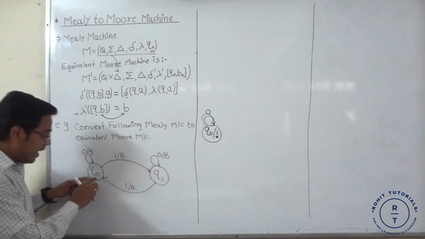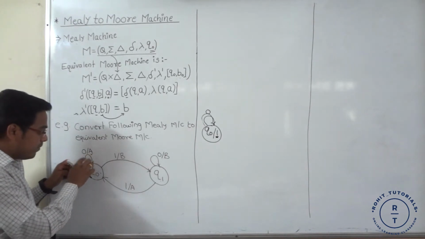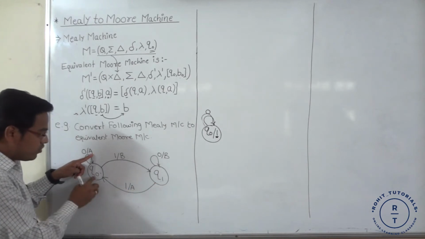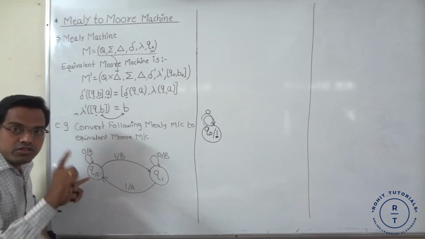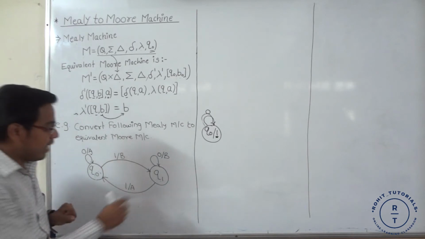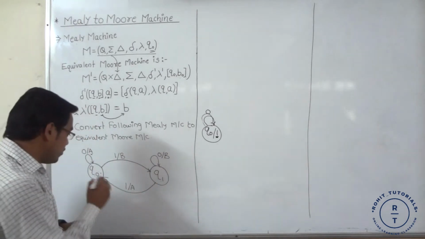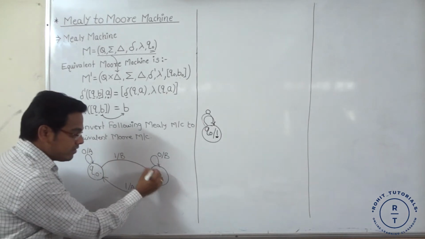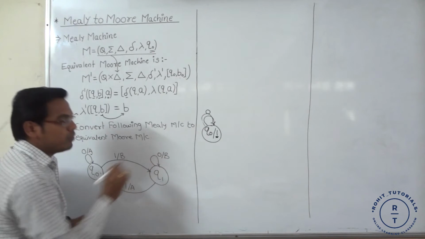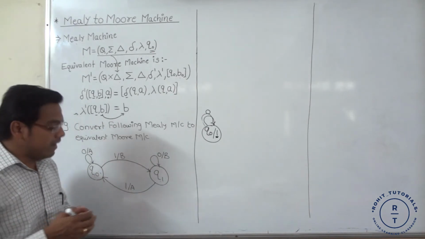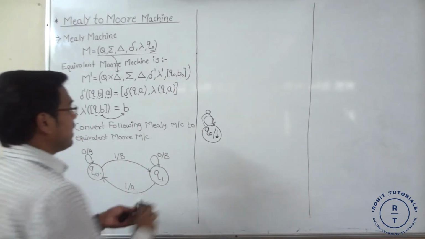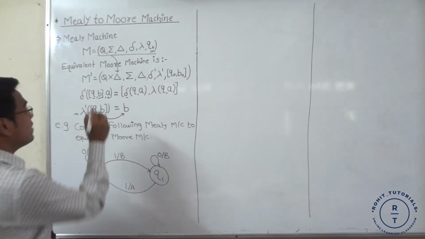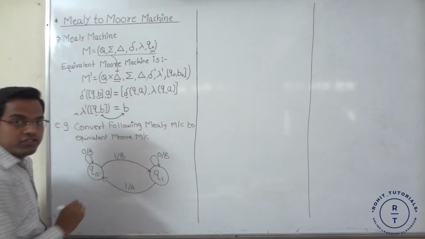That is, at Q0 state the output is A because the 0 self loop gives output A. At Q1 state, when 1 occurs, it goes to Q0 and the output is A. Means Q0 state has output A, and Q1 state has output B. Because from Q0 state, when 1 occurs, it goes to Q1 with output B. At Q1 state, when 0 occurs, it goes to Q1 with output B. So with the help of this diagram, there are 4 possible states by considering the state with the output symbol.